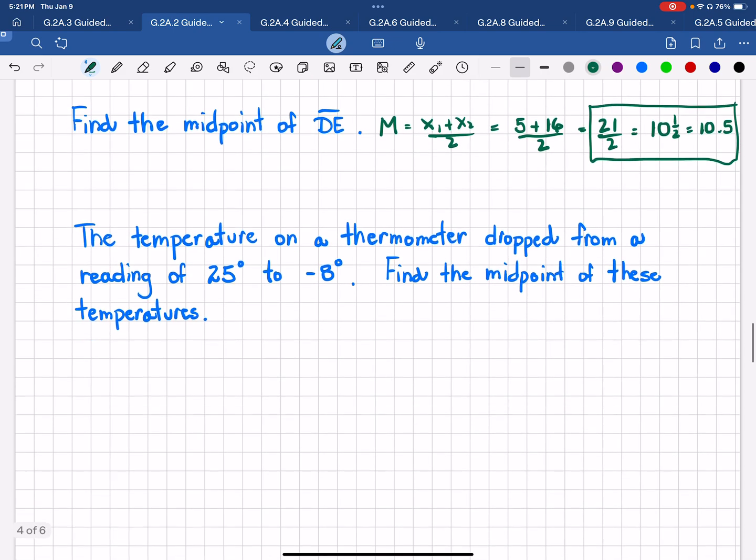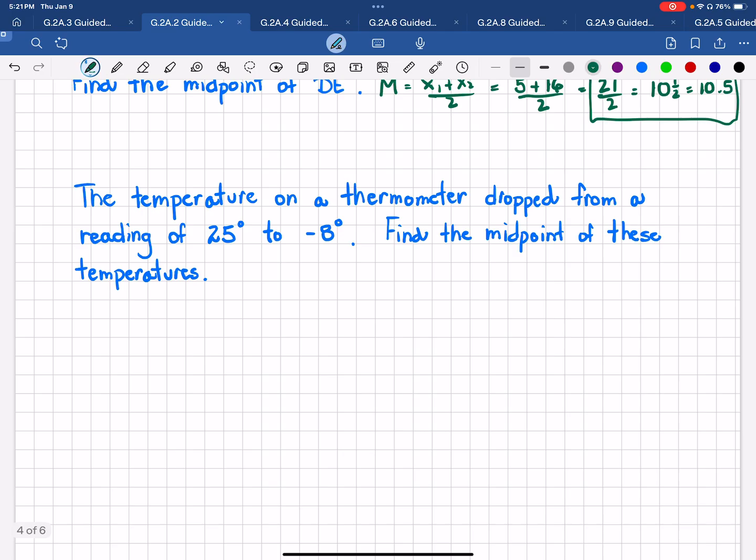So our final problem is going to be a word problem, and it says the temperature on a thermometer dropped from a reading of 25 degrees to a negative 8 degrees. Find the midpoint of these two temperatures. And so I'm going to use my midpoint formula, which is M is equal to x1 plus x2 divided by 2. My x1 is 25. My x2 is going to be a negative 8, and I'm going to divide that by 2. 25 plus a negative 8 is going to give me 17